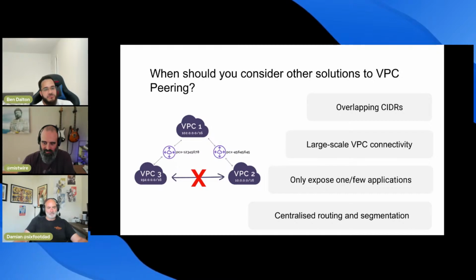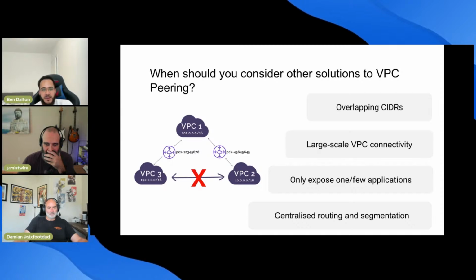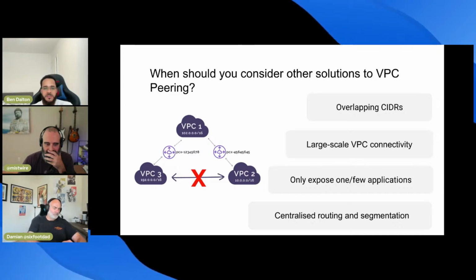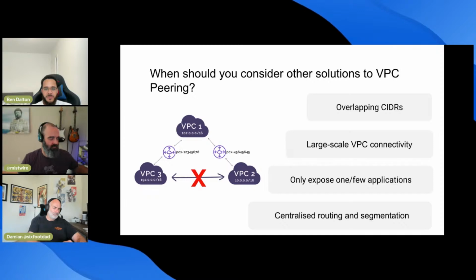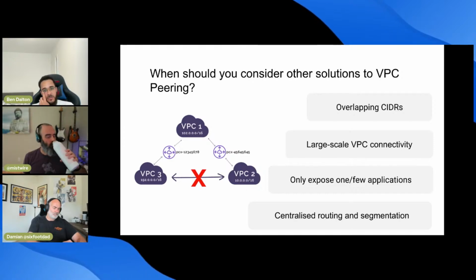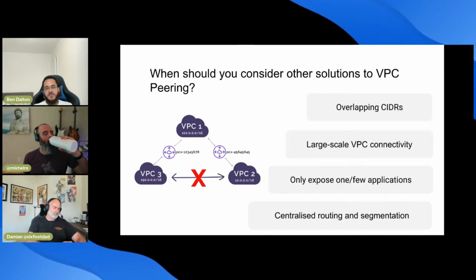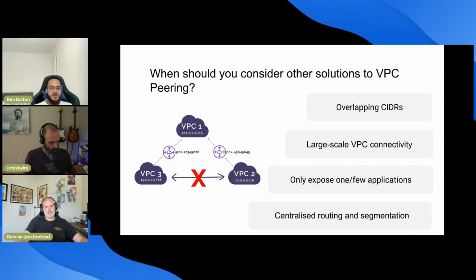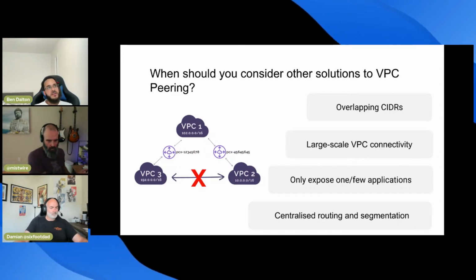I mentioned, yeah, I did mention PrivateLink. So you have other things to consider in terms of your use cases. You have transit gateways, you have PrivateLink. You also could consider VPC endpoints. I don't know too much about VPC endpoints, but it's possible to link up different resources and applications like S3 and DynamoDB. You have interface and gateway endpoints.